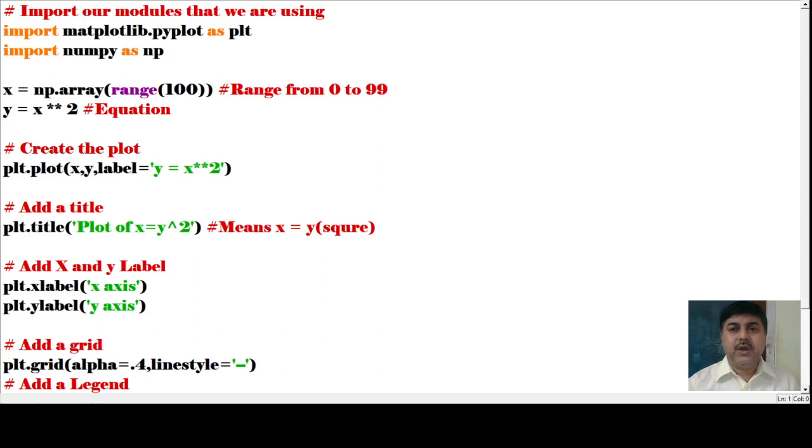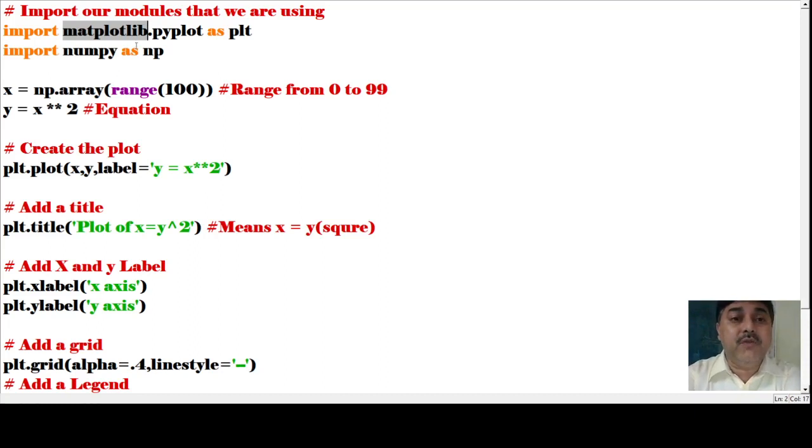So dear student, now see the next program. In this next program, we are importing outer modules. What are the modules that we are using? Matplotlib has been called here: import matplotlib.pyplot as plt.